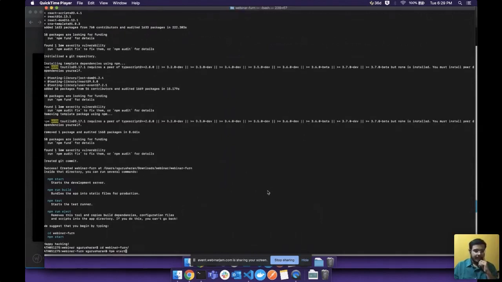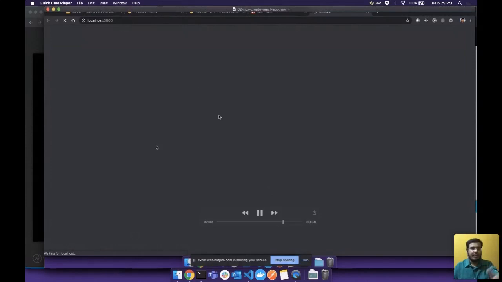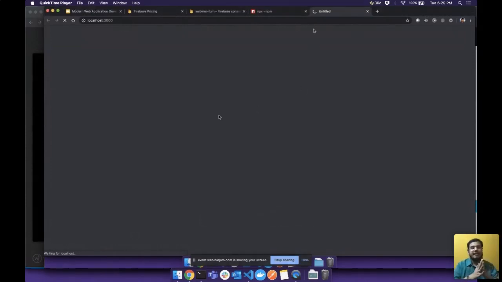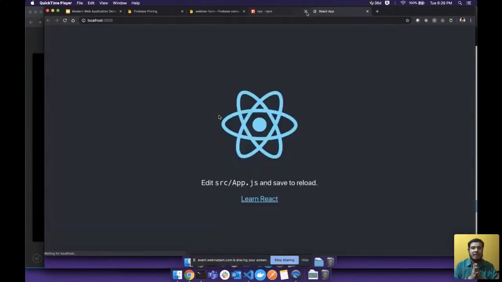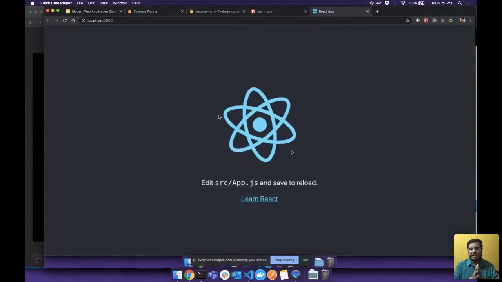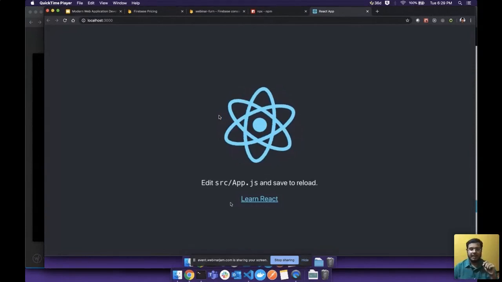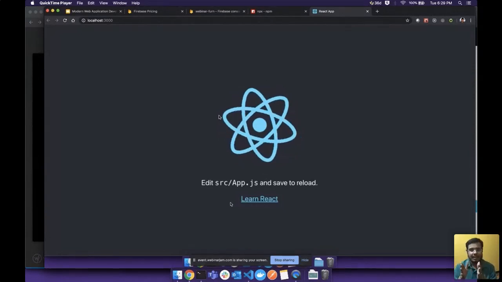All right. The moment you say npm start, the React scripts that is installed as a dependency is going to create a development server on your own machine, and it is going to start a new Chrome window in your browser. So if you see, the address says localhost:3000. That is where your local web application is running. And this is the application that the create-react-app command created for you. So whatever we are going to do, we are going to do on top of this. So we now have the base project ready.